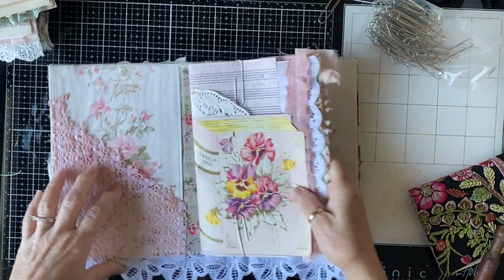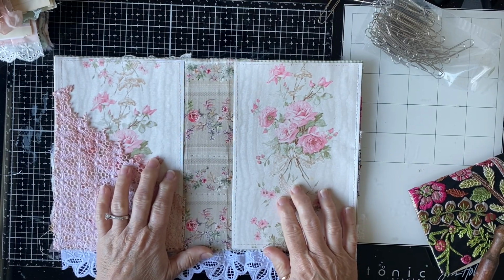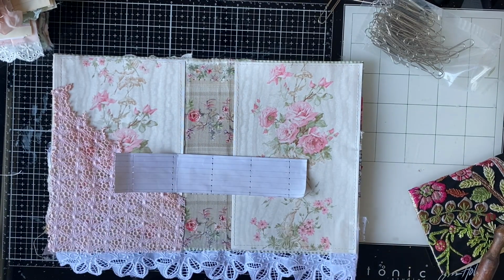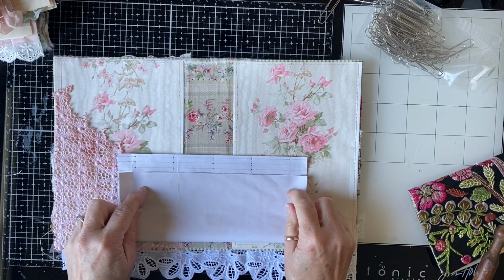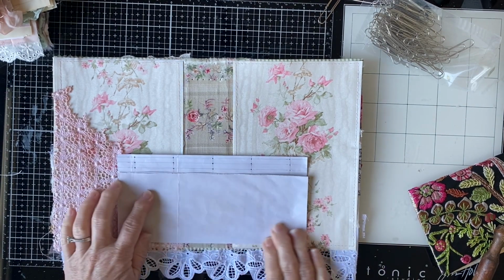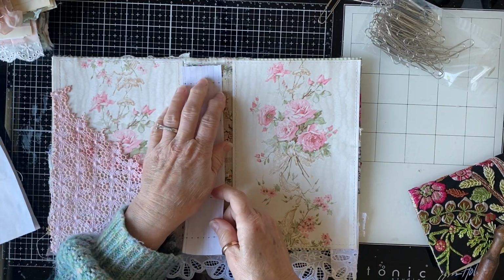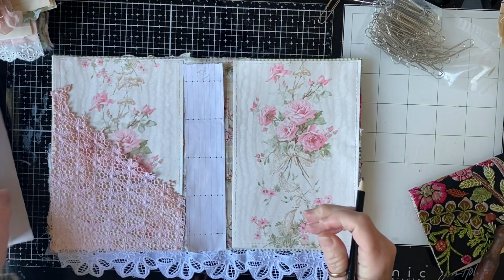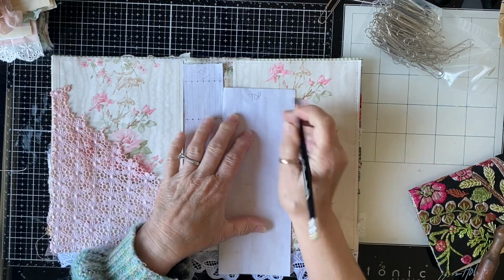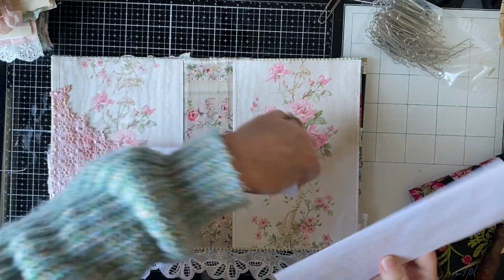Now we need holes in here, and the way I do that is I get my template, and I need another piece of paper that is the same height, so this piece here, and then I fold it this way, and then we go, this is the top, and this is the top, okay,